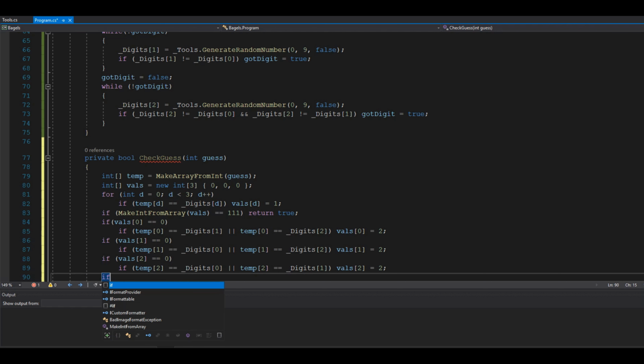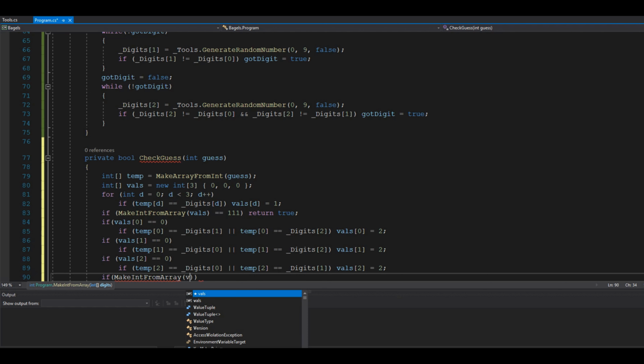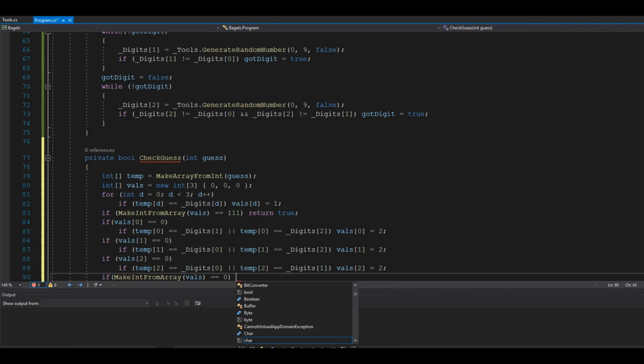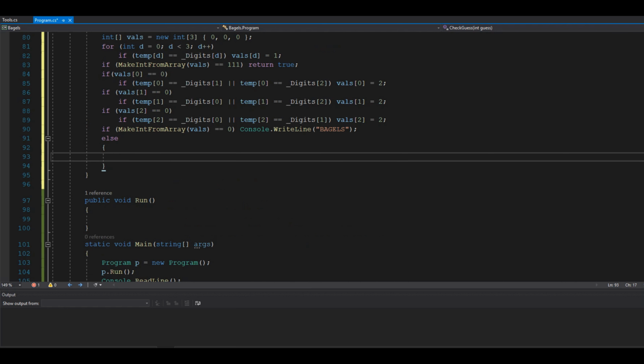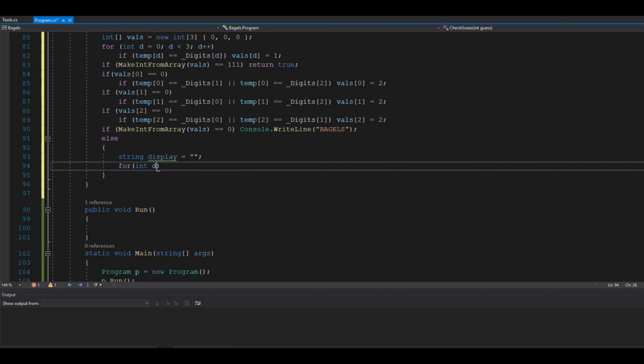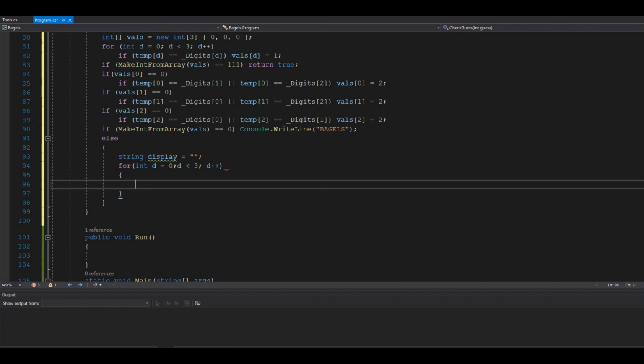So then we want to check that, right? So if MakeIntegerFromArray vals equals 0, then we just Console.WriteLine bagels. Else, let's do string display equals nothing. For integer d equals 0, d is less than 3, d plus plus. And then we'll say if vals d